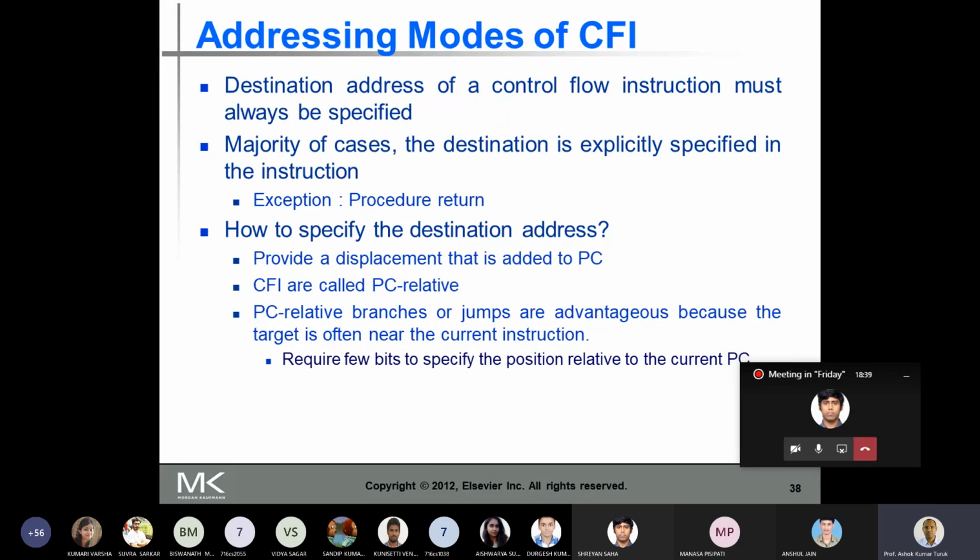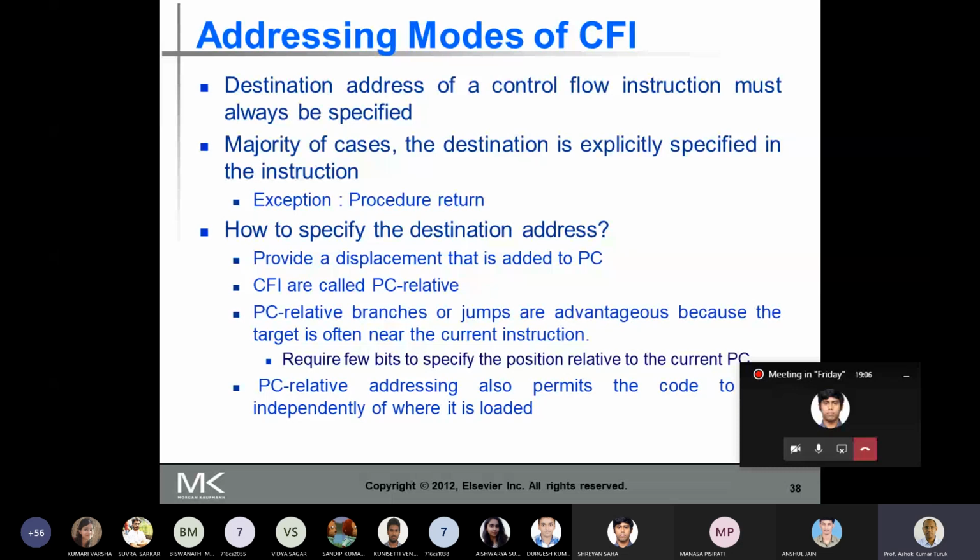If it is 64, then I have to use 6 bits, and if it is more than that, the number of bits has to change accordingly. These bits also consume space in the instruction, so they play a role in determining the size of the instruction, and the size of the instruction affects the size of your program.